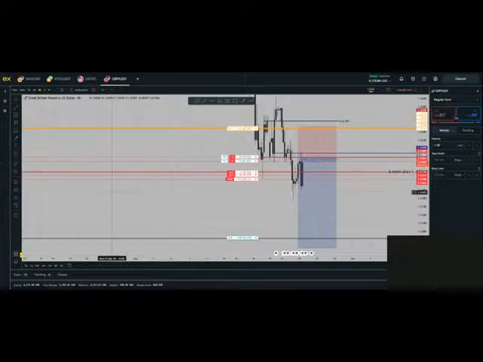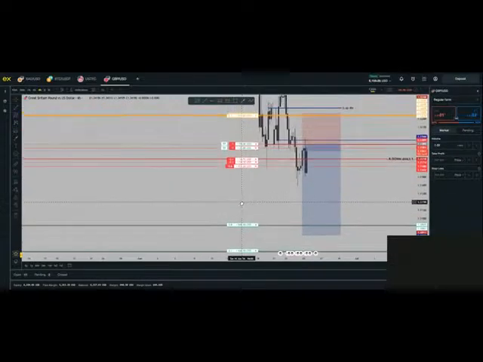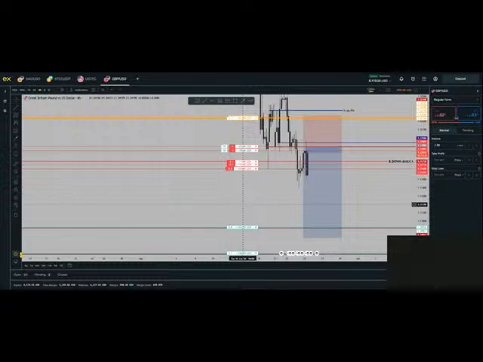GU is out. My challenge though, the reason also I have closed the GU is because I have closed positions earlier that were in losses. So my daily loss has kind of now grown. So if BTC doesn't deliver, because BTC is now the only trade I'm left with on my challenge, and since I don't have enough money on my account to hold that trade, that's why I had to close it.